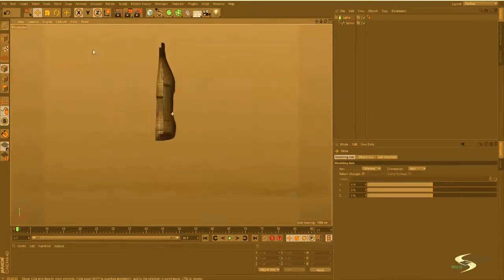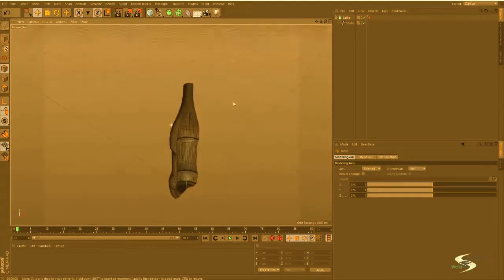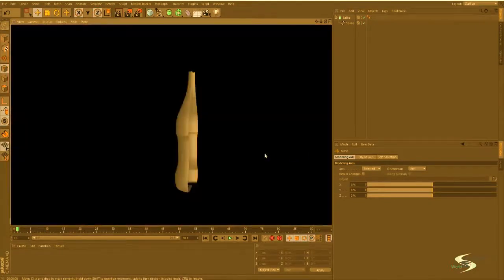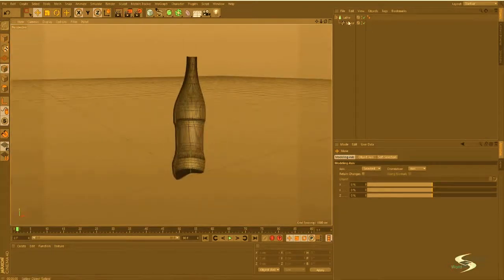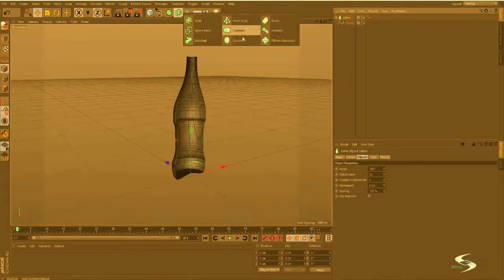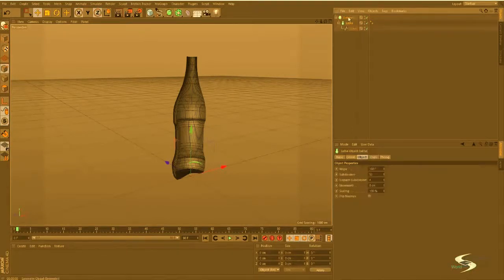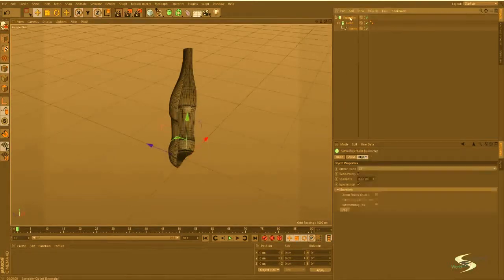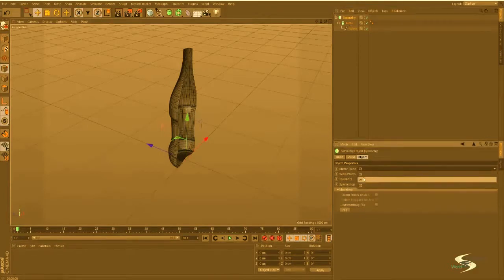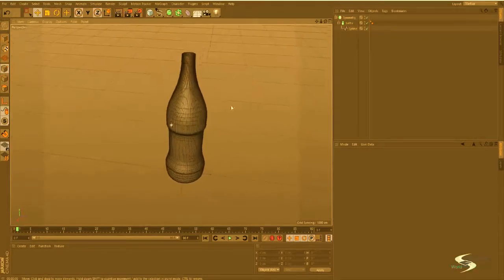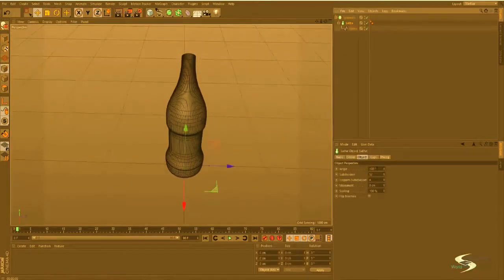We will have the half of a bottle, like this. That is pretty cool. Let's try something cool: put this into a symmetry, and then, okay, so it has to be cloned on XY, go into symmetry, and find XY. That way we can now make it look like,